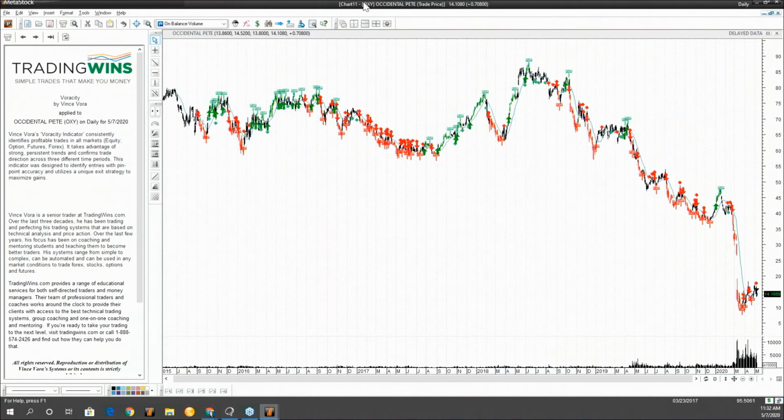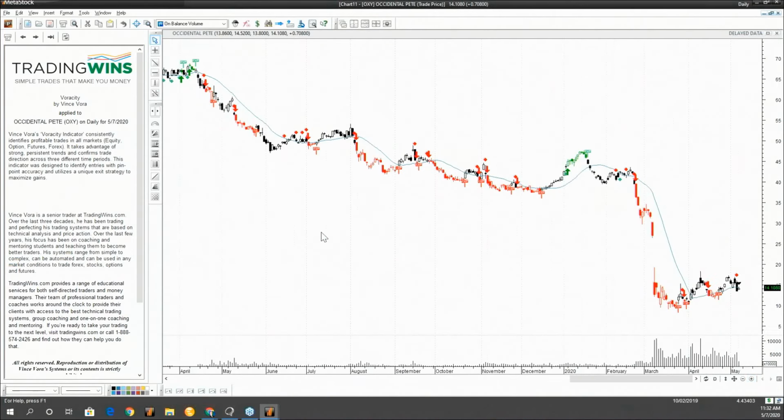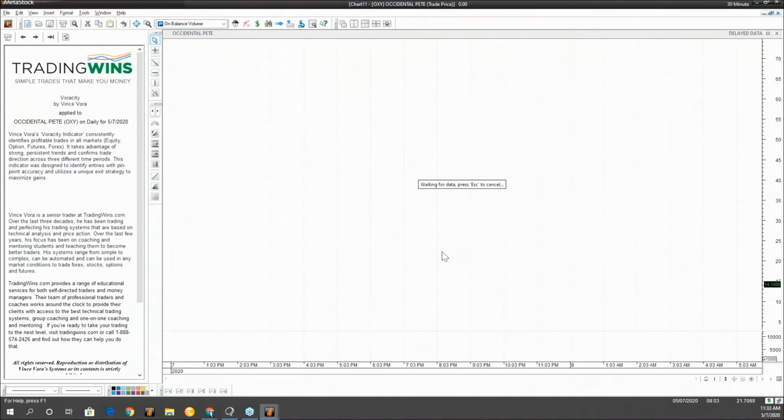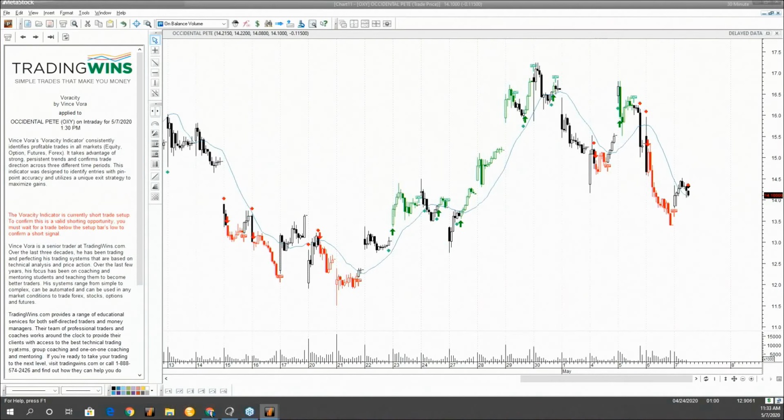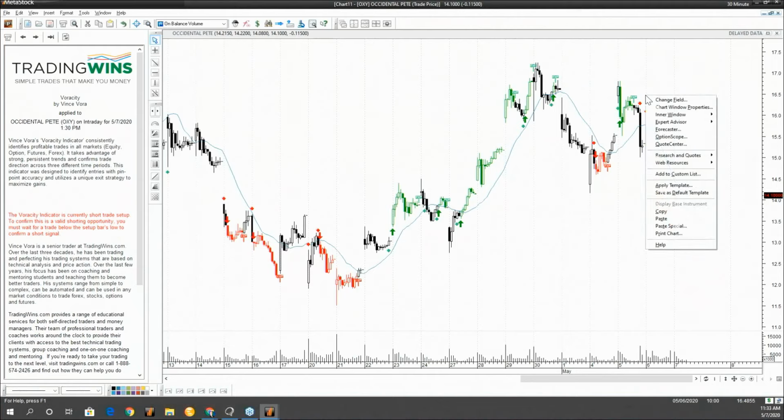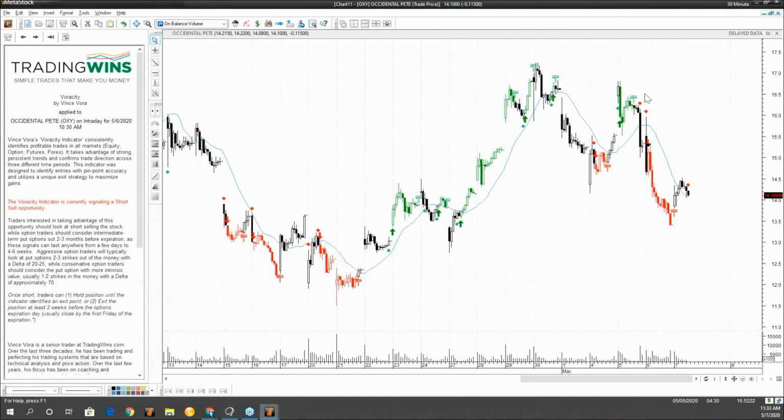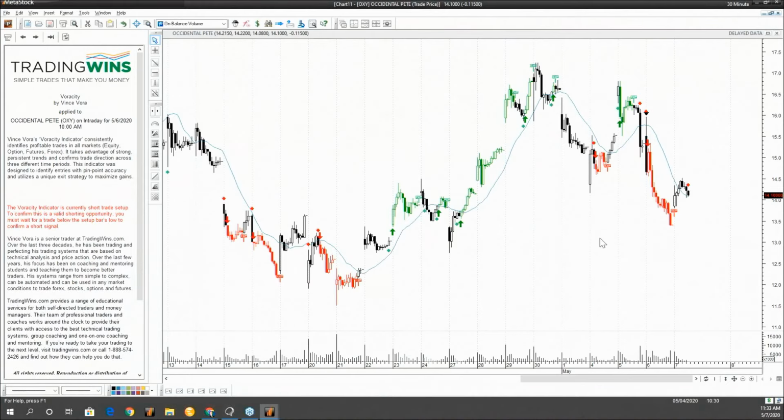One last one that Augustine wanted was OXY. I've got this on a daily chart. Let's take a look at the last big move. You actually got quite a few in here that would have gotten you in and out, even on the daily chart. But let's move it over to a 30-minute and see how well it does. Sometimes it gets a little choppy and doesn't do as well. But like I said, it's not a perfect system. The reason I like it a lot is because I scan for those setups. Vince talks about this in his webinars as well. He doesn't really care what he's trading as long as it's going to make him money. So again, this very last short move that we had, if you're shorting the market at that point, back on 5.6, we're looking at a 30-minute chart right now.